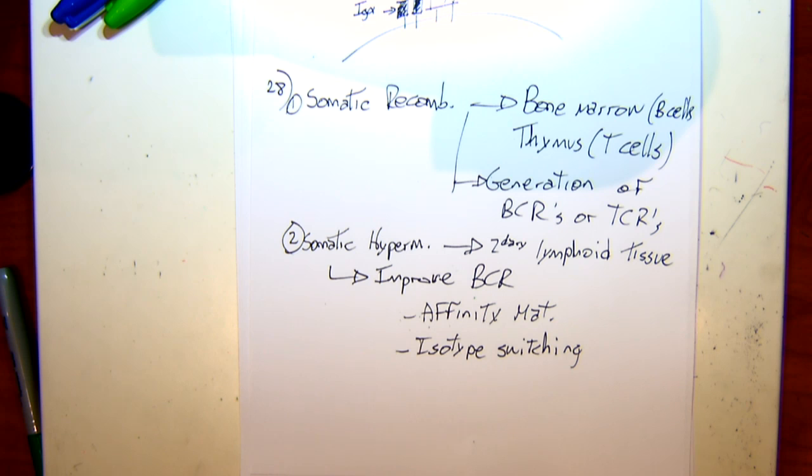And that's just where you're testing your beta chain. That's it. So once you test your beta chain, think of what needs to come next, the alpha chain, right? So it's going to stimulate proliferation, because once you do something right with a cell, you want to be able to make more of yourself. It's going to stop any additional TCR beta chain rearrangement, because once you have the beta